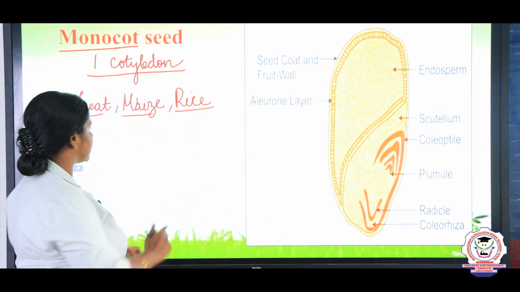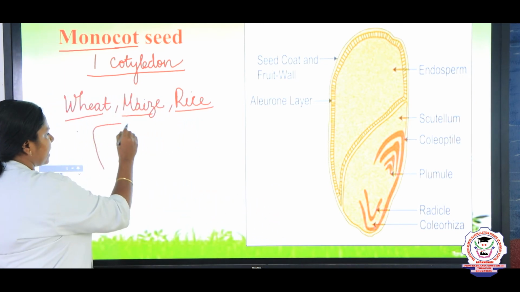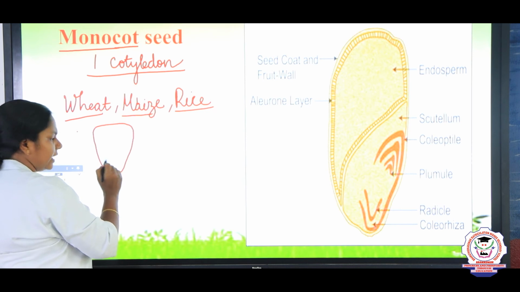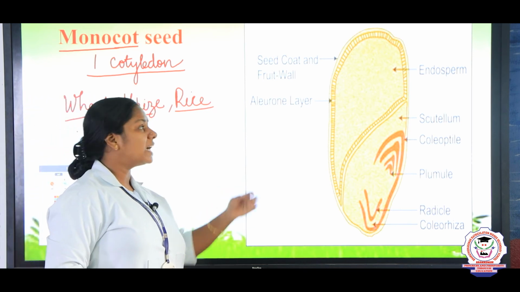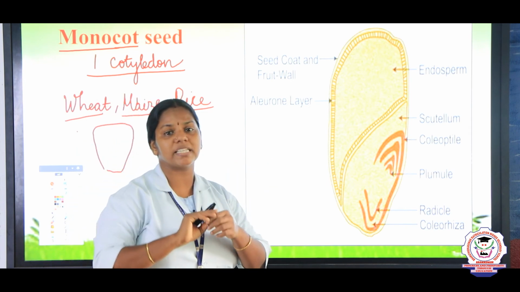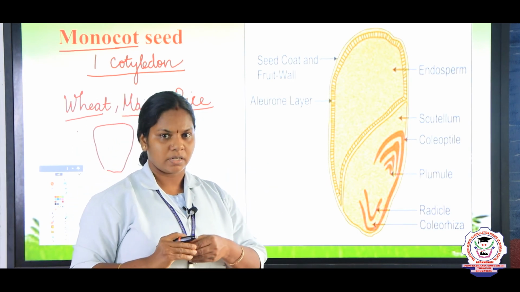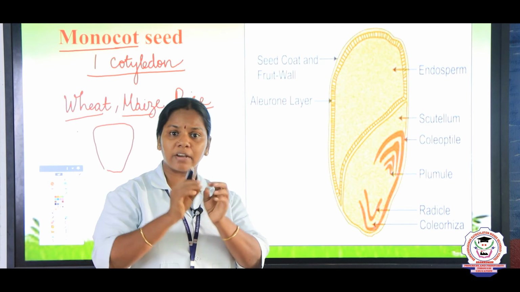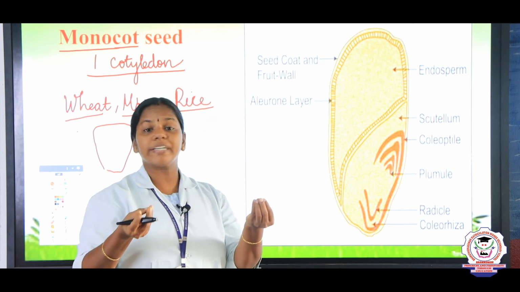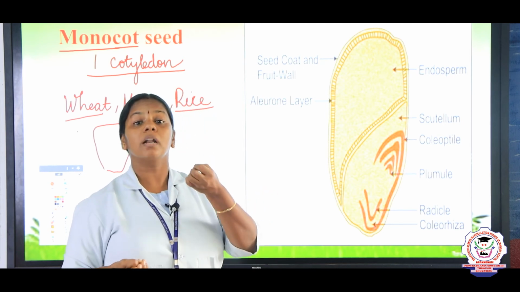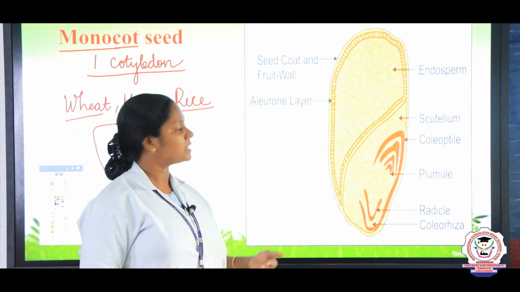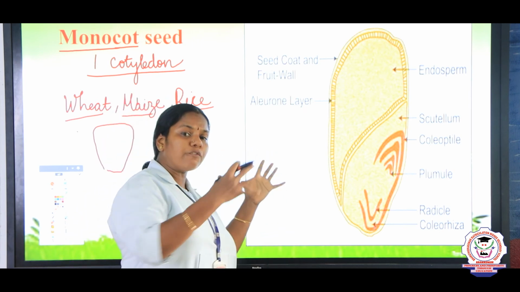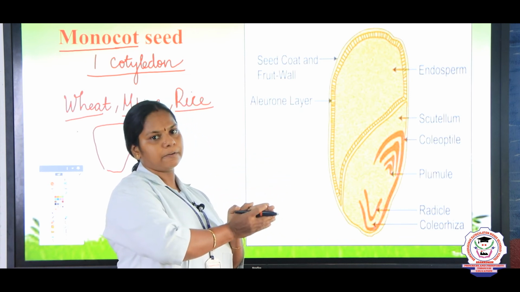If you take a maize, if you take a corn, what will be the shape, children? Yes, like this, right. It's almost triangular in shape, not kidney shaped. And here we cannot differentiate the seed coat and the seed. It is fused. If you take a rice, can you separate the seed coat? No, it is not possible. That is why we give it to rice mills to remove the seed coat and then polish the rice. So the seed coat remains fused with the seed, right.